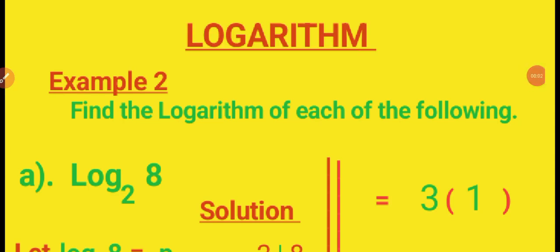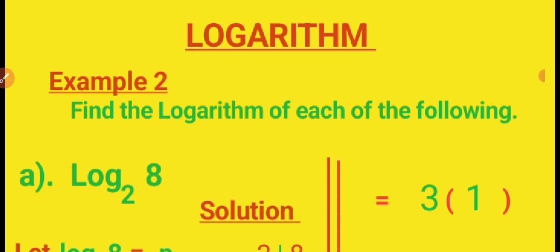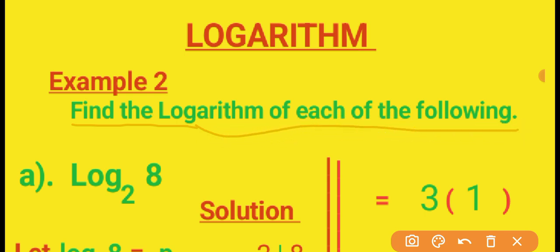And a logarithm. Let us look at example 2. So in our example 2, the question says find the logarithm of each of the following. So part A, the number we have, find the logarithm to base 2 of 8. So logarithm of 8, but the base is 2. So in logarithm to base 2 of 8,